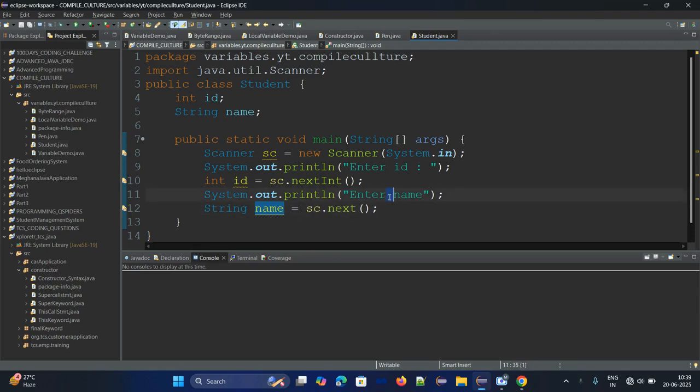The next method won't accept this type of sentence. If you want to enter like this, you should go for the nextLine method. For only one word, we can use next. That's it.